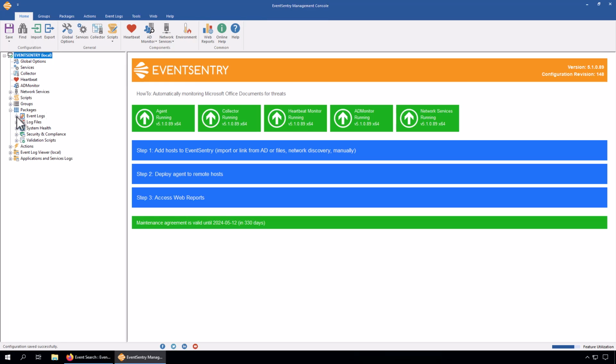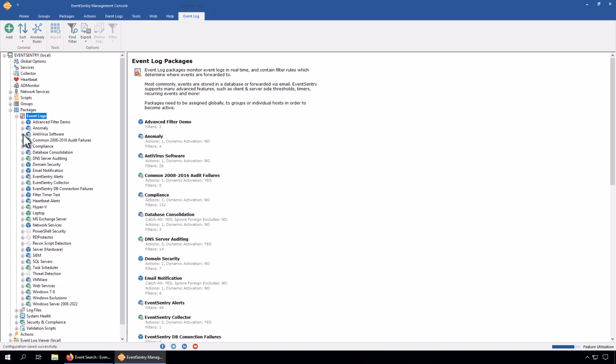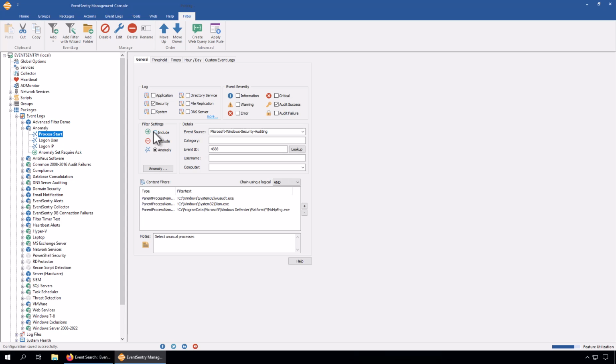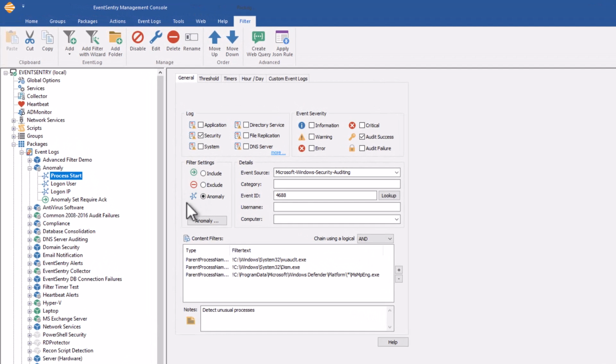So if we look at the event logs packages here, there's a package called Anomaly that I created and that will also ship with EventSentry. And we can see here that we have a number of filters, and we see that the first three filters have a different icon, and this icon essentially indicates that these filters are anomaly filters. So if we click it, we can see here that there's a type anomaly in addition